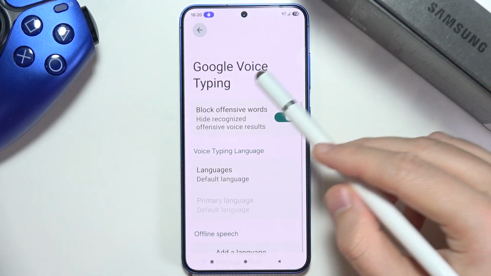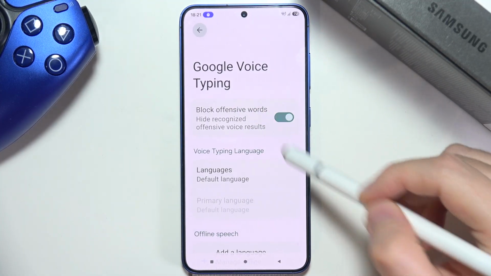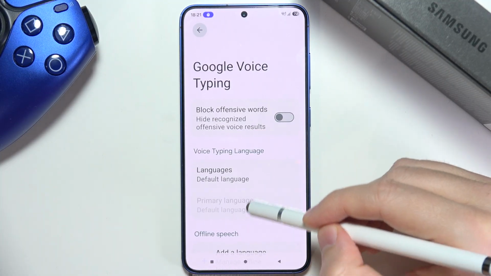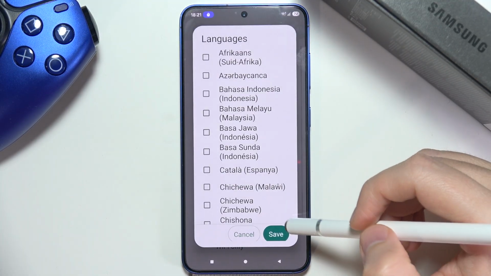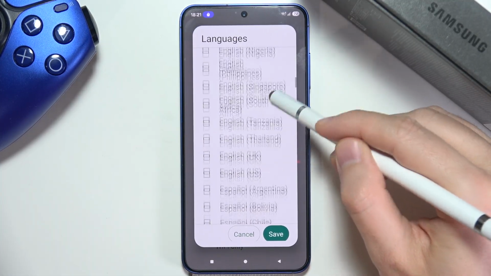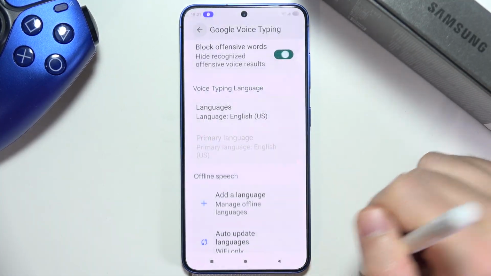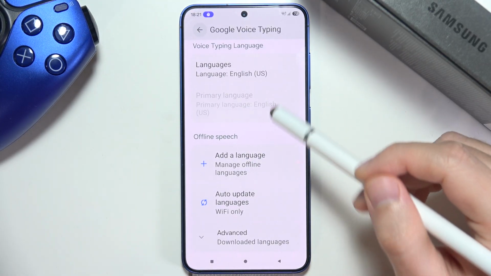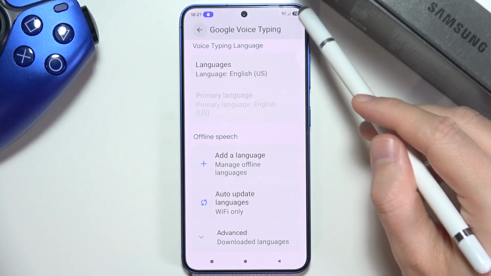What I can recommend you, if you use offensive words, just turn it off because they will not be recognized when you let it be enabled, and pick the language of your voice typing. So in my case it will be English from United States. Click save. Now you have to also remember that the voice typing only works when you are connected to the